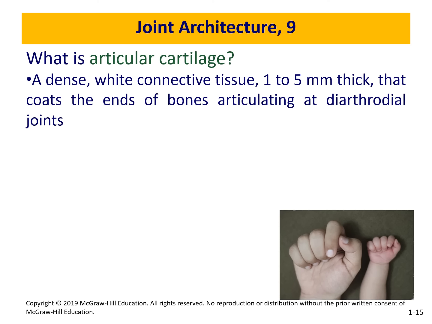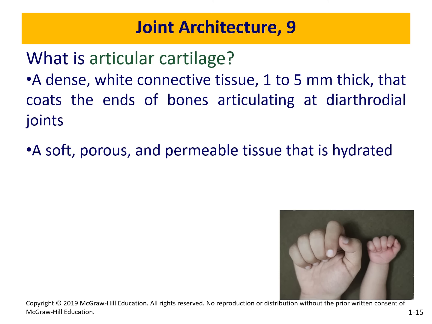And the thing is that our DNA is a double helix, right? You know the DNA? This helix structure is common in biology. But cartilage is a connective tissue and has to be strong, correct? So it's a triple helix. Think of cartilage as a piece of onion. It has different layers, and each layer has different properties to work with. All right, it's a soft, porous, and permeable tissue that is hydrated. There's a lot of water in the cartilage, and we need to make sure